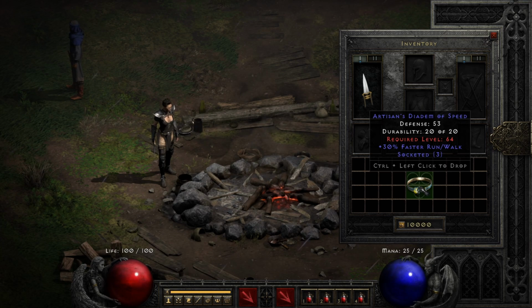Why is this so good? Well, I don't play Amazon, so I can't tell you with expertise, but based on some quick Googling, it seems to be that the faster run/walk is absolutely one of the most desirable things you can get on headgear, and then 3 sockets lets you do increased attack speed and enhanced damage. So between those two things, you are looking at an absolute endgame monstrosity for certain Bowazon builds,